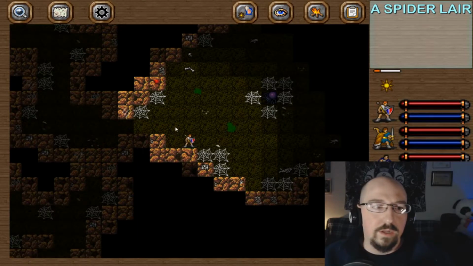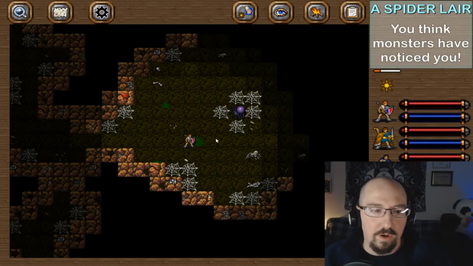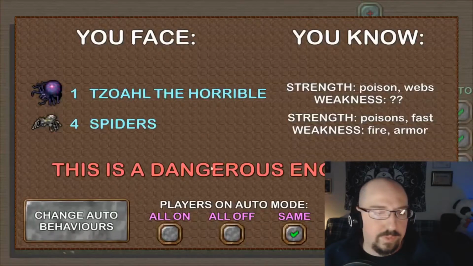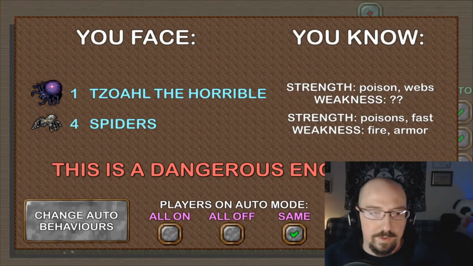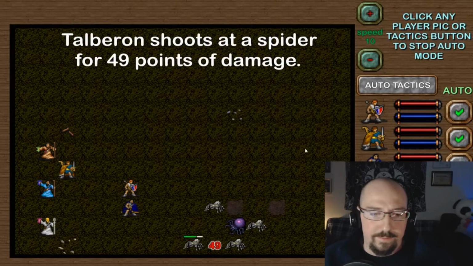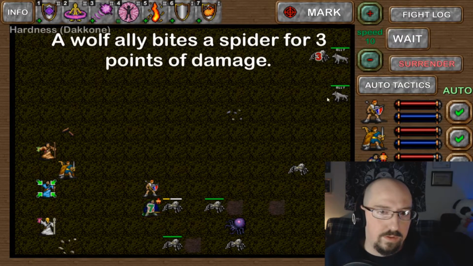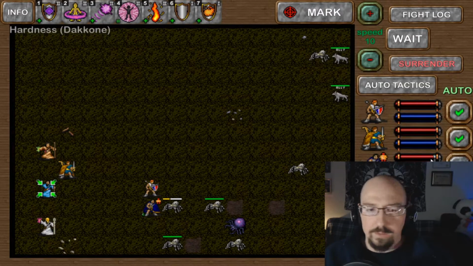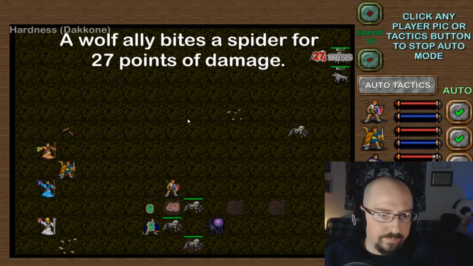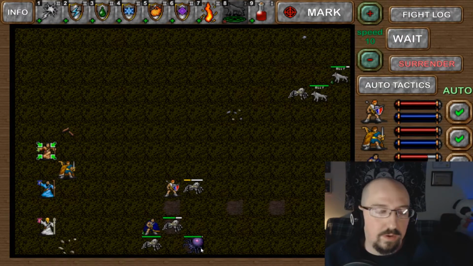I think if we can get a good roll on nature's ally, we should be able to get a couple extra bodies on the map and go at her pretty good. And she keeps summoning spiders, so we have to be mindful of that. Roll them. Okay, we got a couple of dogs on the back side there. And we can also keep them from surrounding our...